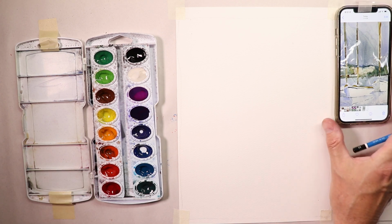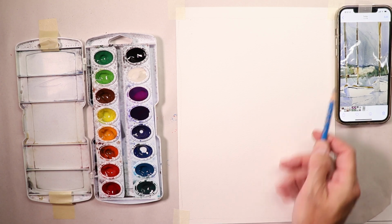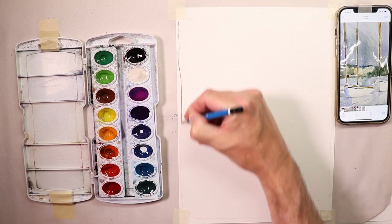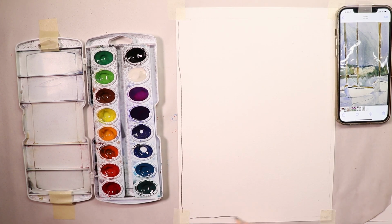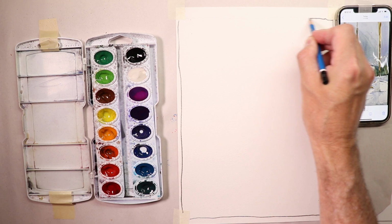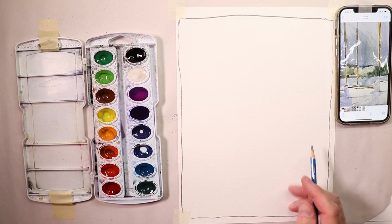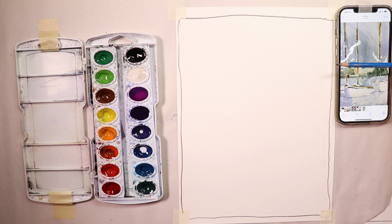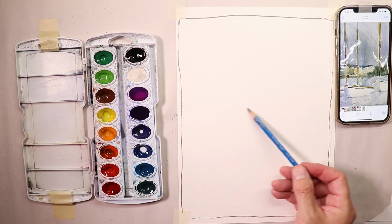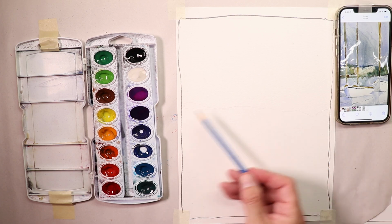we'll do our drawing, and I'm going to use this as my subject matter. First thing I'll do is a nice border around my paper so I know where my border is going to be for my painting. So I'll do that, and then I'm going to look at the space divisions of this painting and say, well, the top of the mountains behind the buildings are about halfway, so that's a good real light pencil line across, and I can get the flow of the hills behind like this. That's halfway,